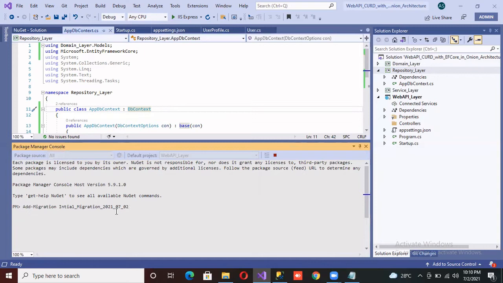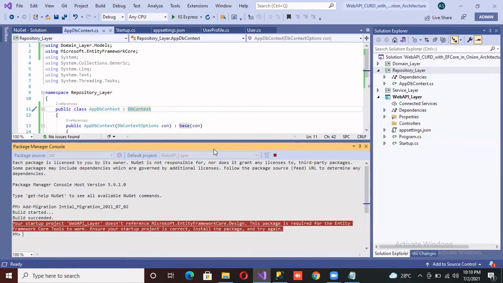Okay, it gave me an error because it didn't find the DB context libraries. It's saying that your startup project web API doesn't reference Microsoft Entity Framework Design. This package is required for the Entity Framework tools to work.